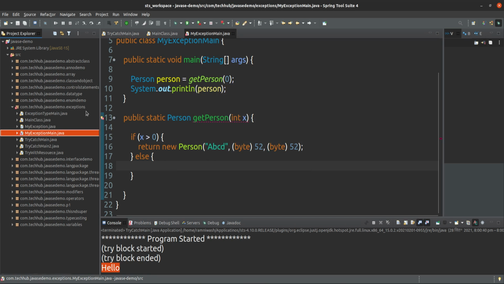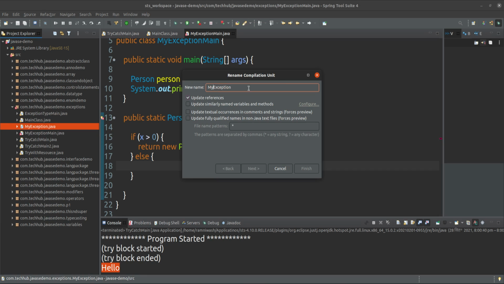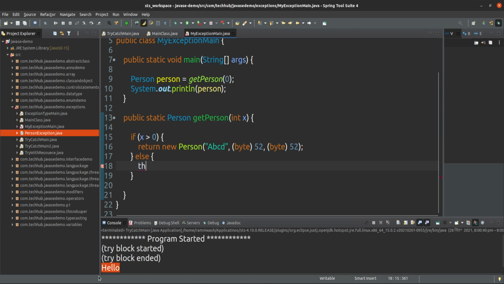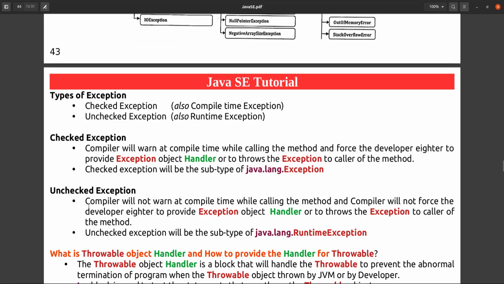Yes, I will give this to person exception. So if I am giving any x greater than 0, then I am saying person is 0, otherwise person not found I have to give. So what I can do, suppose here